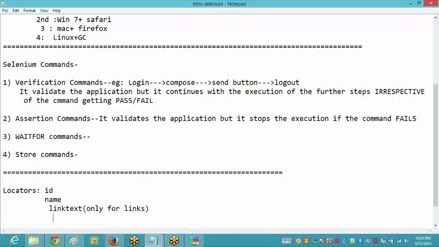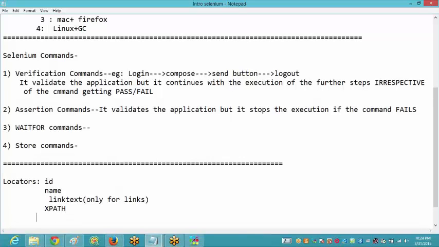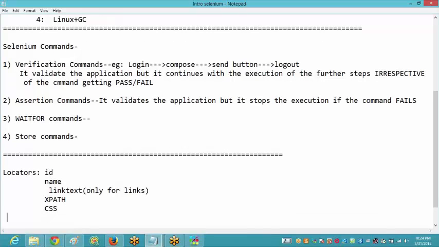Okay, after the link text, there are some XPath locators also. Then after that, there are some CSS locators. Then by tag name.